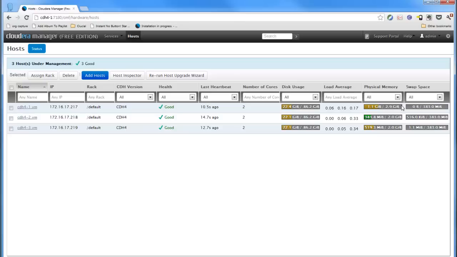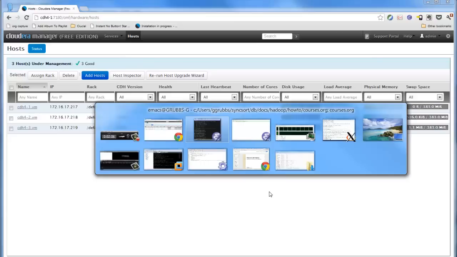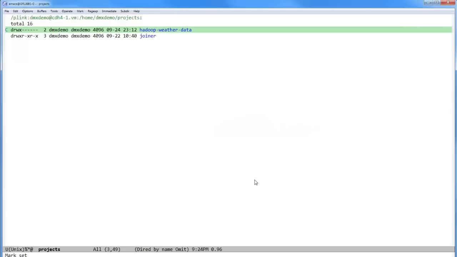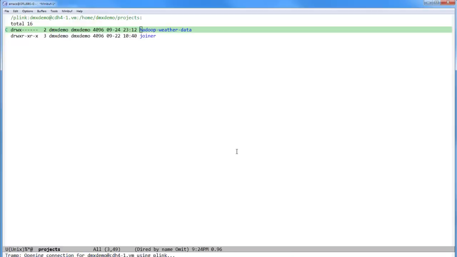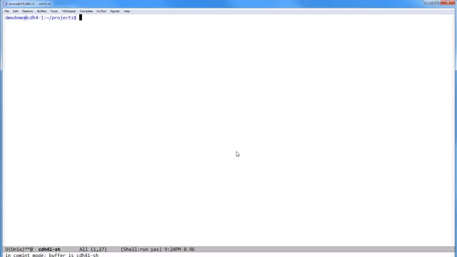So I upped it to almost 3 gigs from 2, and I might do some further adjustments once we start running some real jobs here. But I just thought you'd be interested in seeing that. Now what we're going to have to start off with is let's get a shell on one of the nodes here, and I'm going to show you a little bit of what I had to do with